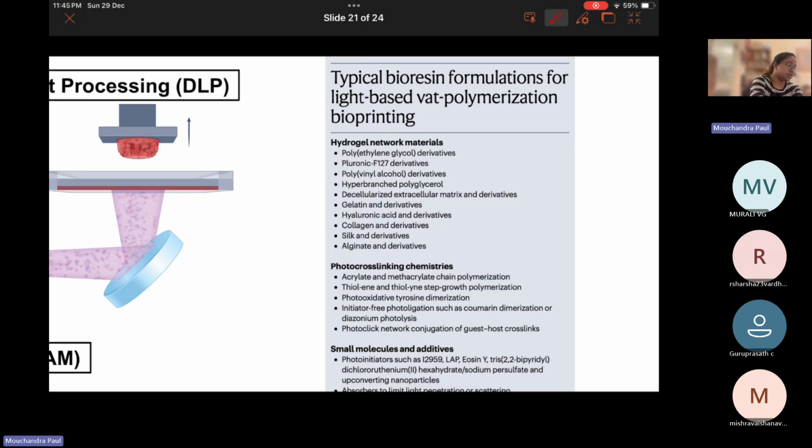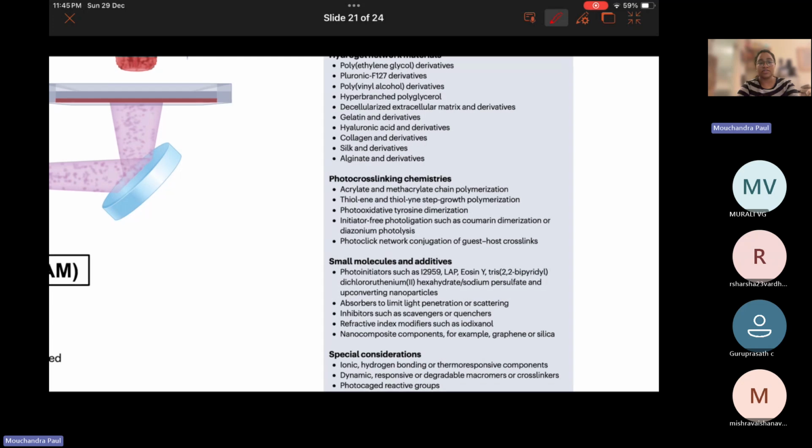Now, the photochemical reactions can follow different mechanisms. So there can be functional groups that respond to, let's say, chain polymerization. There can be functional groups that respond to step growth polymerization, and there are many others. Okay, so each of these polymerization reactions has its advantages and disadvantages, and that will ultimately impact the final structure